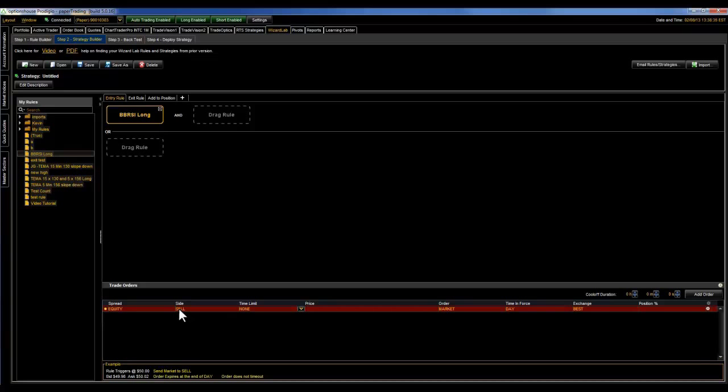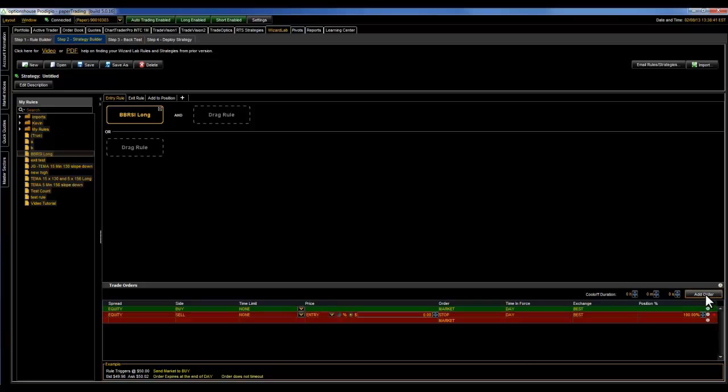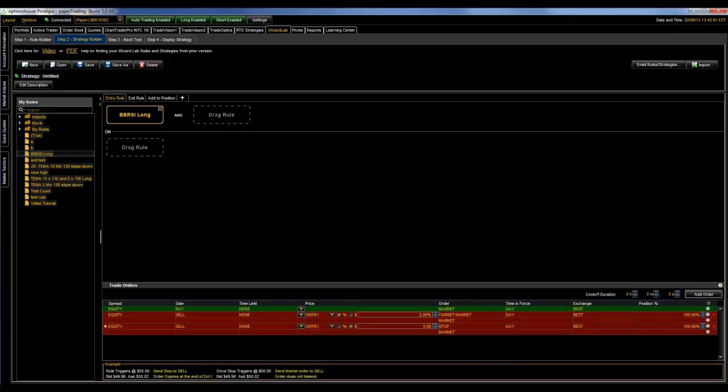And we're going to go in at market price. Next, I'd like you to left click on the Add Order button here. You can see that it has added a sell order. Let's make this a target market order to trigger 2% above the entry price. Click on the Add Order button again, and then let's make this a stop order to trigger at 1% below the entry price. Now our strategy is complete, and all we have to do, of course, is save our work